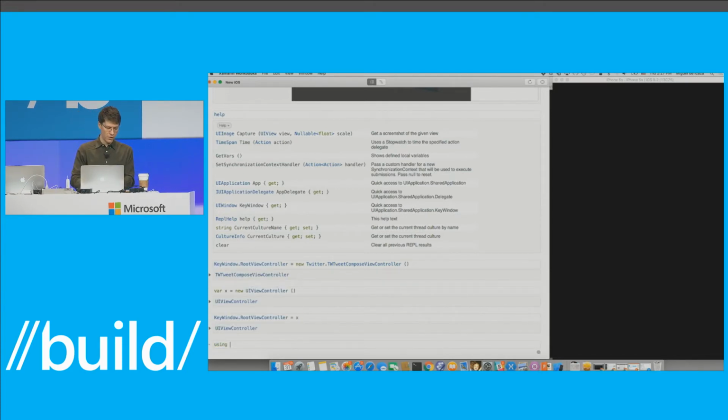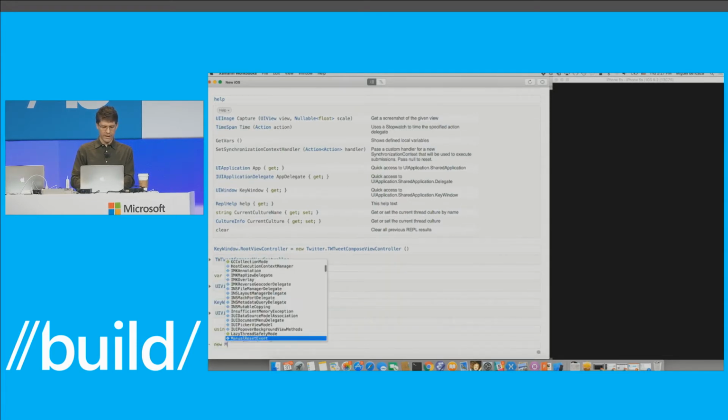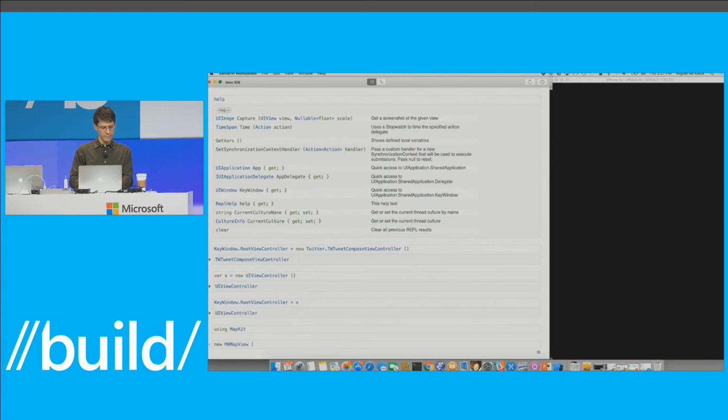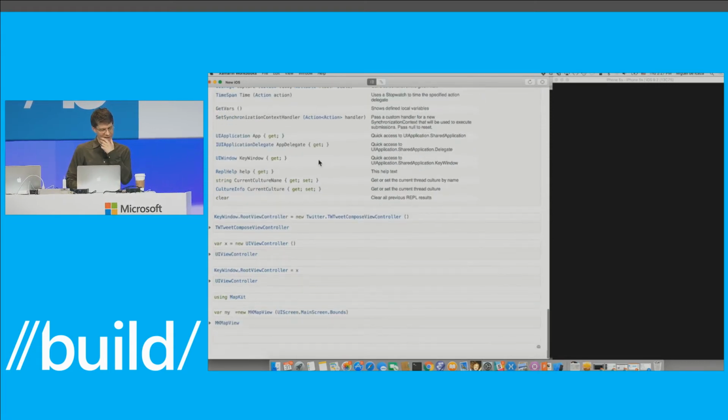So on the keynote today, you saw I showed a map. So I'm going to do the same here. So I'm going to create a MK map view, and I'm going to create it with the size of UI screen dot main screen dot bounds. My map. Okay, and then I'm going to add it to my view controller. So who was it? It was x.view.addSubView my map. And again,